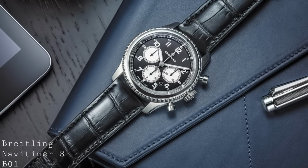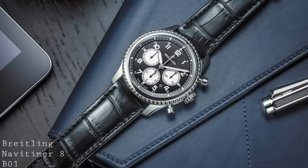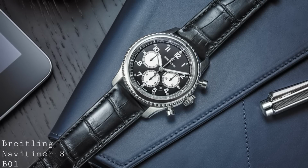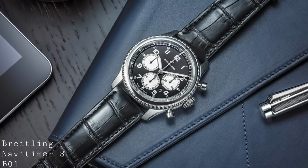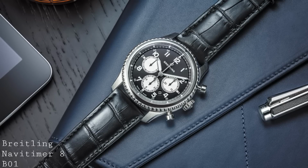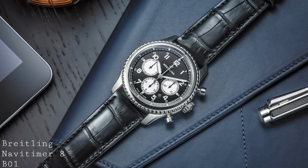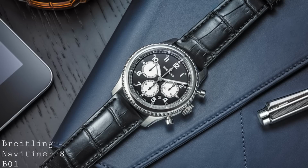Now, the first model which we actually have a price for in this collection, and indeed the only model we have the price for in this collection, is the new Navitimer 8 B01. And this is a great looking piece. I think there's no argument there. It's a phenomenal looking in-house chronograph from Breitling, which comes exclusively with a black dial, a polished bezel, and that Tricompax reverse panda layout. And it's a 43mm by 14.5mm watch, with of course the B01 in-house caliber, and the